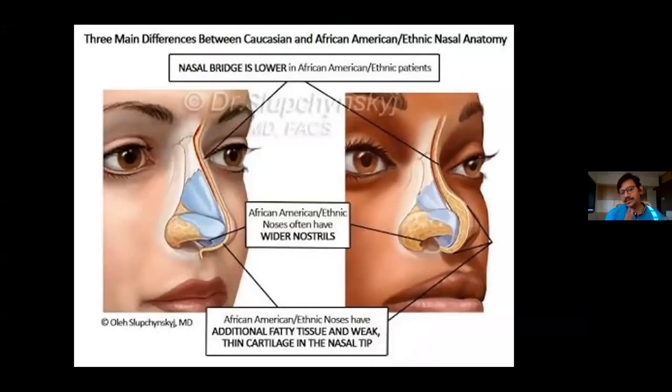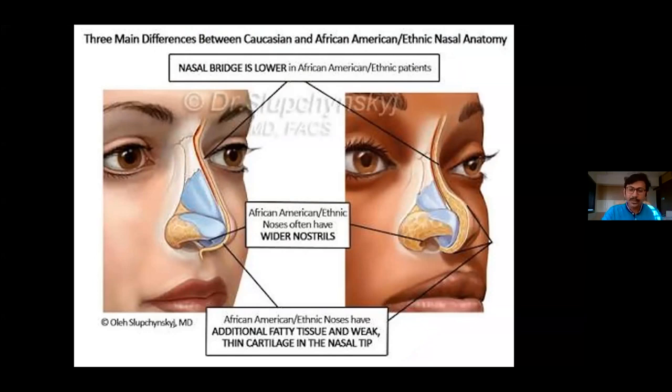So what is the difference between these two? The Caucasian or the North Indian noses are long noses. They have firm, strong cartilages, they have thin skin, and the underlying subcutaneous tissue is very less. So modification by means of tip sutures generally works in cases of North Indian noses or Caucasian type of noses,